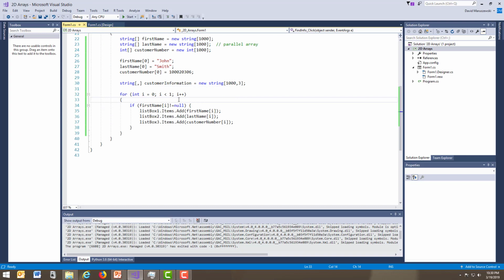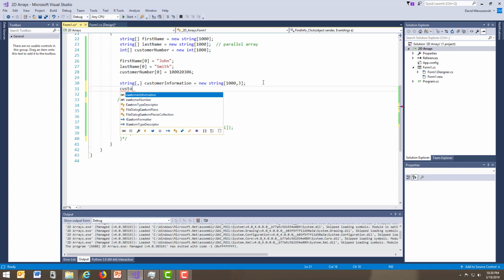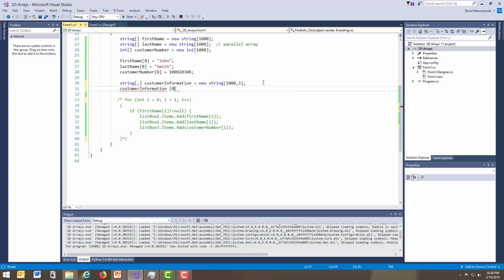Okay, so now let's talk about using the customer information. In fact, instead of using the same loop, which we could have used, we're going to comment it out. And how do you fill out customer information? Well, the same exact way, if you think about it, because we say we have 100 rows and 3 columns, right? So in the first row, same exact thing, it's 0, right? So we could say customer and 0 row,